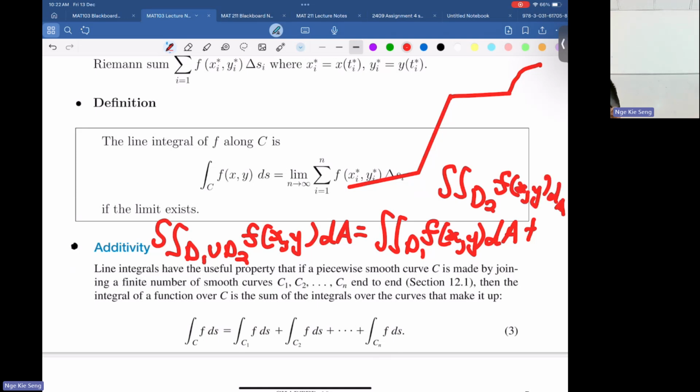What is the condition on the domain that you can do this in a double integral? You still remember? The intersection of D1 and D2 is what? Empty? Empty is one of the possible conditions, but yeah. So this equals the finite